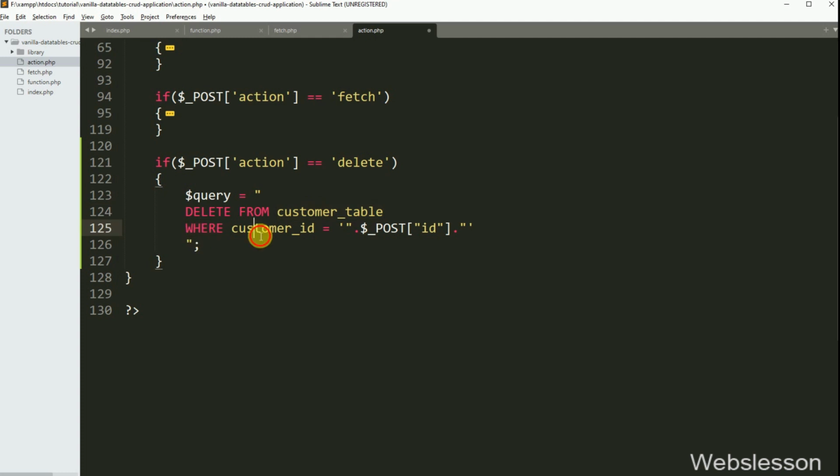This query will delete data from the customer table. Now we want to execute this query. So here we have written an if statement, and under the condition we have written the $connect variable with the query method, and under this we have written the $query variable. If the query runs successfully, it will execute the if block of code.